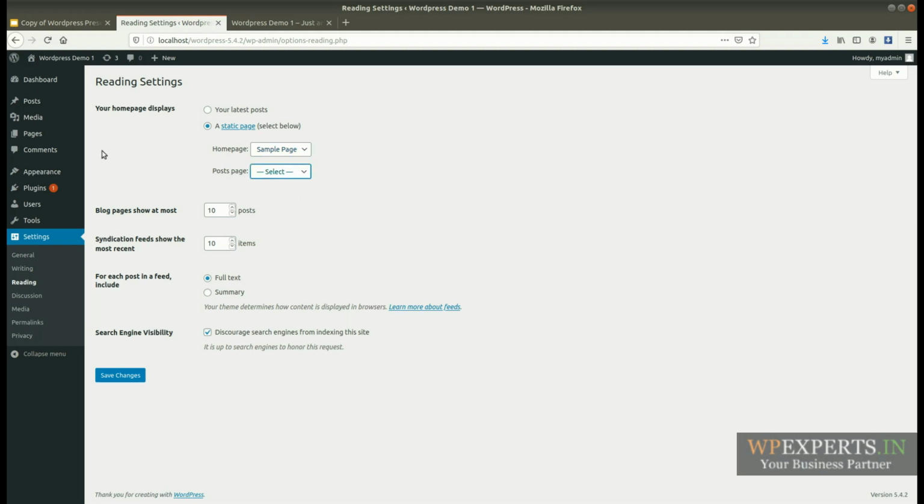First you need to create a new page, and then you can select it from here. These settings are really important to manage your website and your blog. You can use your website as a normal website, and you can use the same website as a blog. I will explain all of these in detail in the next coming video, so stay tuned.